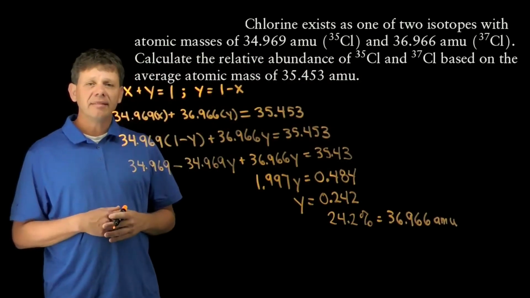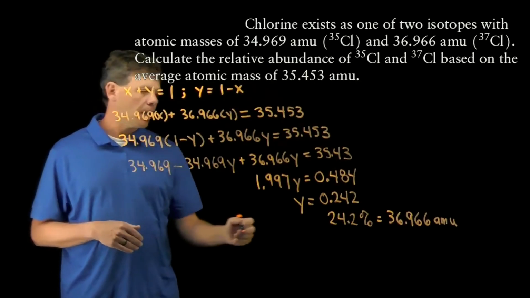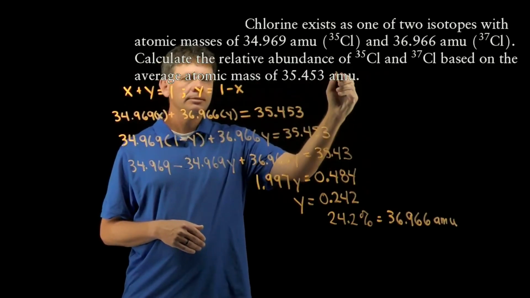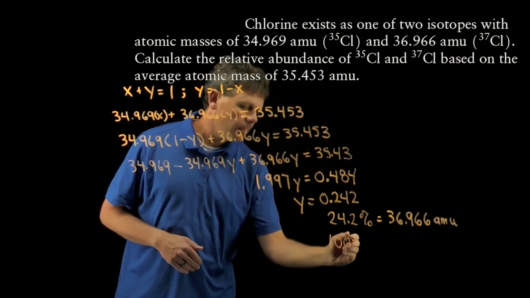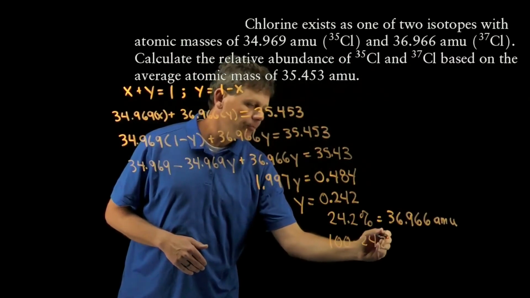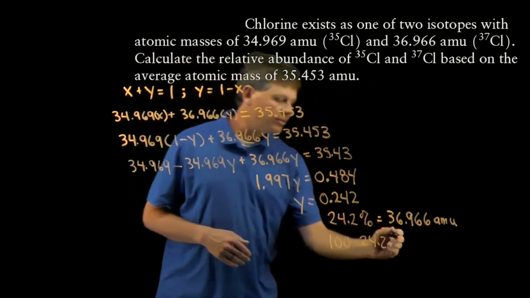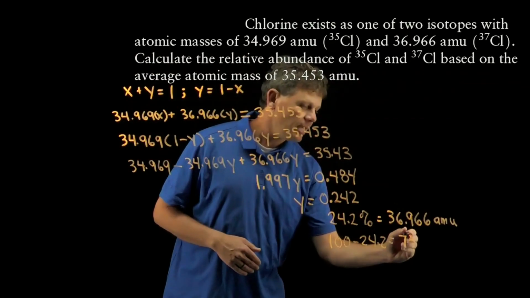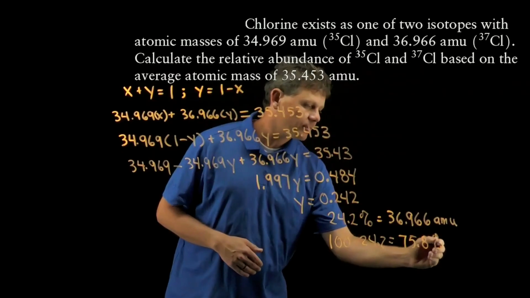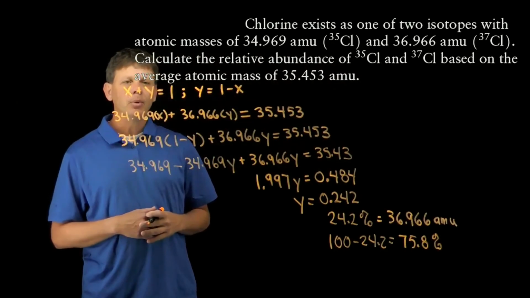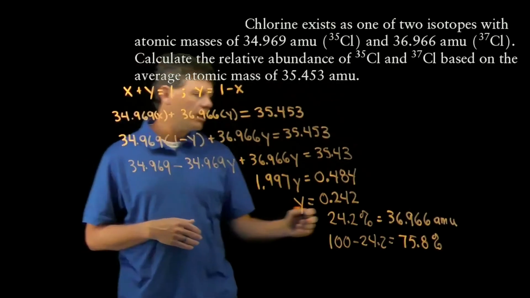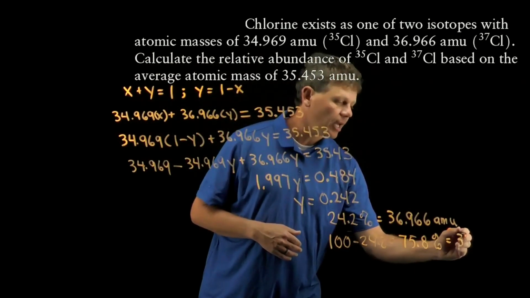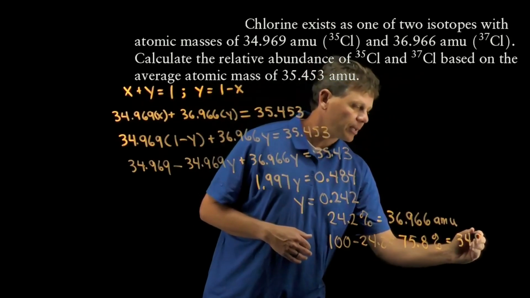We can calculate the other by just subtracting from 100. So 100, not right there, let's write it down here. 100 minus 24.2 is going to give us 75.8% abundance. That 75.8% abundance will apply to the 34.969 atomic mass,